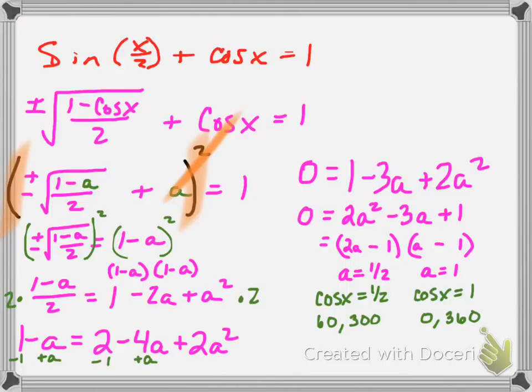So what you have to do is you have to check your answers. So you'd get out your calculator, that'd probably be quickest, and you put in 60. So you go sine 30 plus cosine 60, and you check and see if it's 1. Sine 150 plus cosine 300, and you check all of them to make sure they're 1. In this case, all 4 work just fine. They're all good. Okay. So